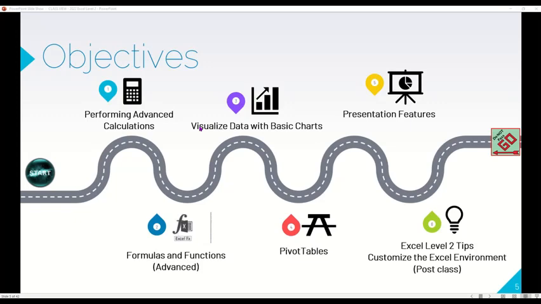We have all this data, but we now need to figure out how to share that story through hopefully some sort of visual representation, such as a graph. So if you follow along with me, this is our roadmap. Our specific course objectives is by the end of the course, you'll feel a lot more comfortable performing advanced calculations. For example, we will be working with cell name ranges, multiple in facts, and you'll do calculations across multiple